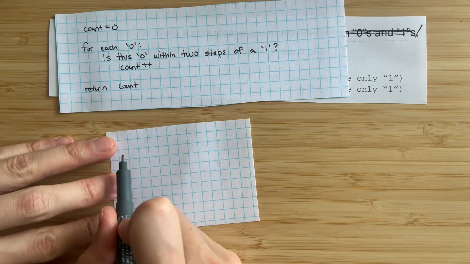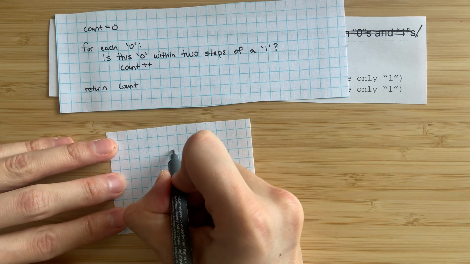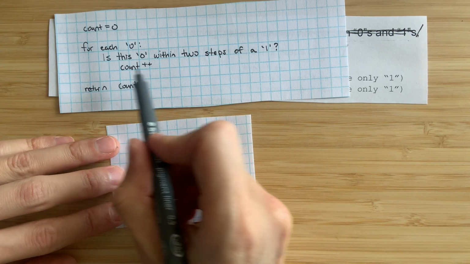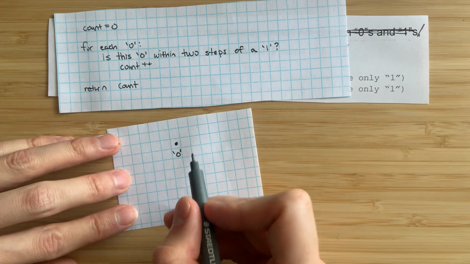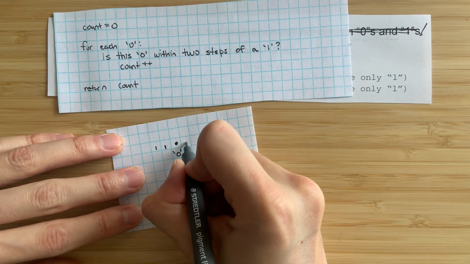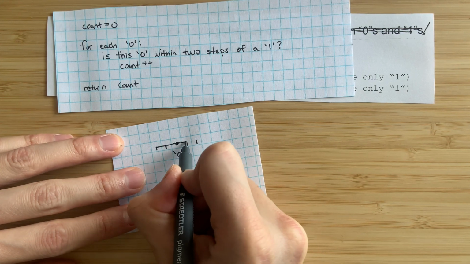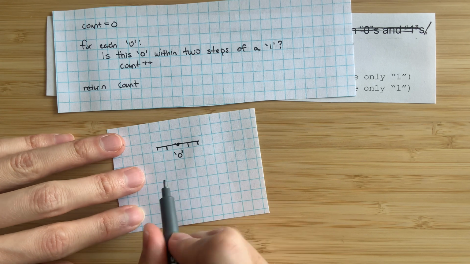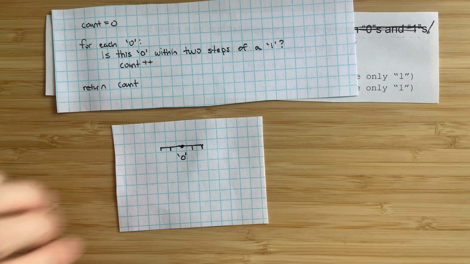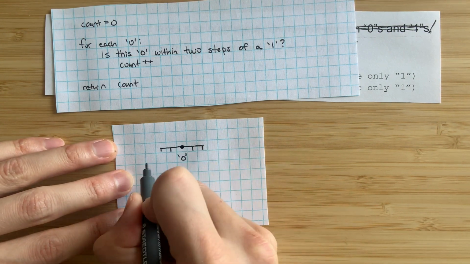So let's imagine we're going through the string character by character, and then we hit a 0 at this point. What does it mean exactly to be within 2 steps of a 1? Well, 2 steps to the left, and then 2 steps to the right. If we branch out left, and then we branch out right, and ask ourselves, is there a 1 in any of these 4 slots? Then we'll meet our condition. So this is the picture I see, and we're going to be doing this each time we hit a 0